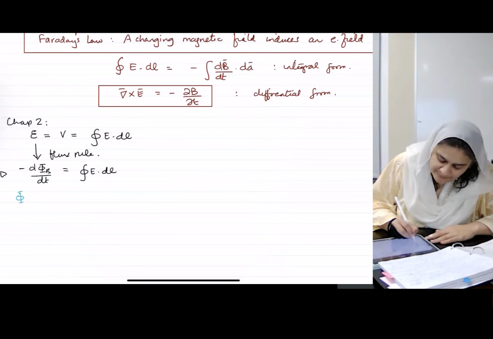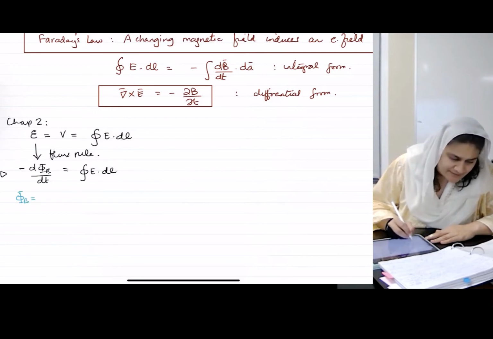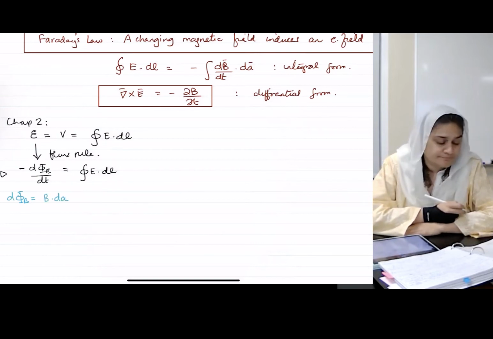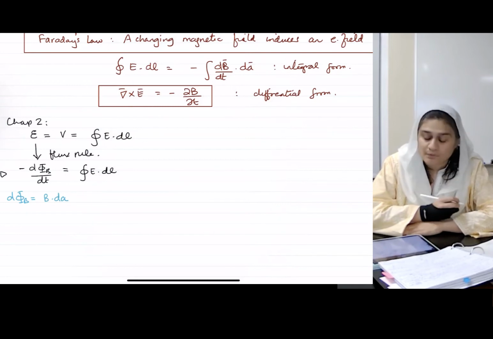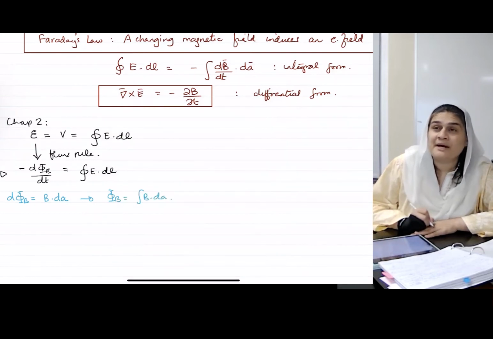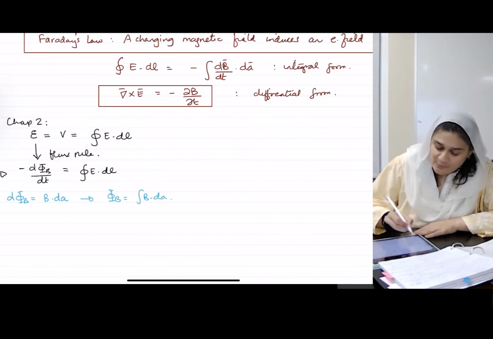That magnetic flux is nothing other than B dot dA, or magnetic flux is B dot dA. May I plug that value into the above equation? Will I get